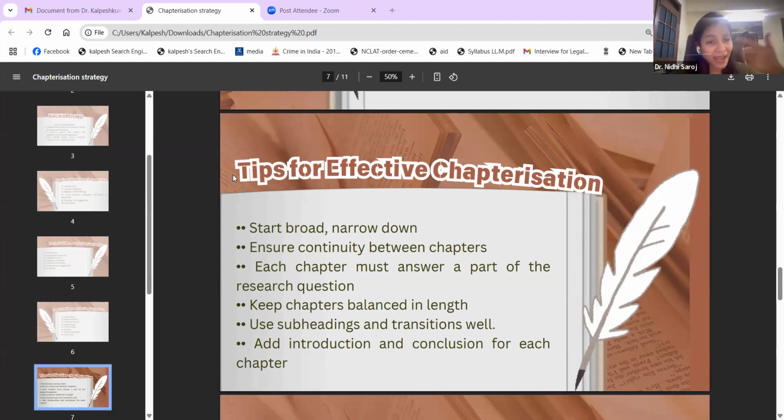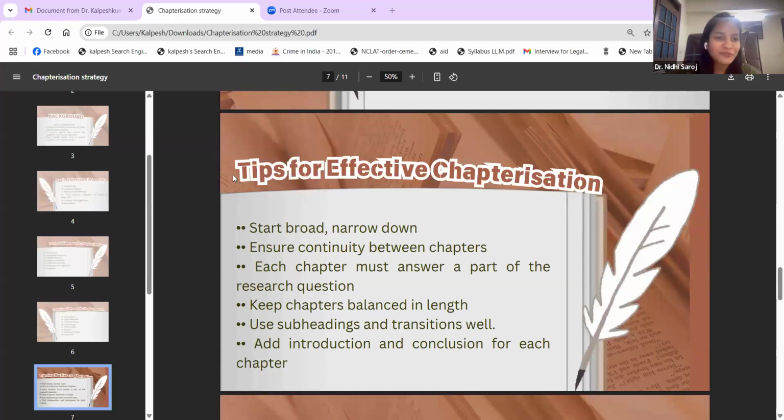And how do we do it? By doing a literature review, by identifying the gap. So it is a very technical and logical process. But what happens in between, we forget the continuity. Like I told you in the very beginning, I wrote my chapter 1. Now I decided I will have chapters on these aspects. I will have one chapter on socio-legal, society, child and law. I'll have one chapter on parental incarceration and criminal justice system. I didn't understand whether I should put parental incarceration and criminal justice system as the second chapter or third chapter. So this sequence also needs to be decided.